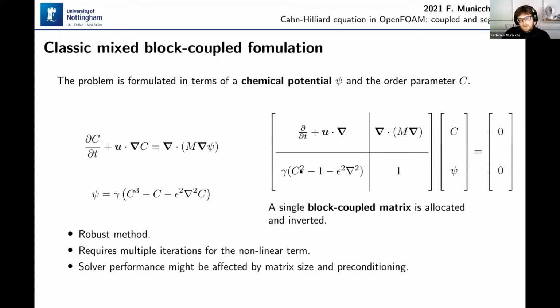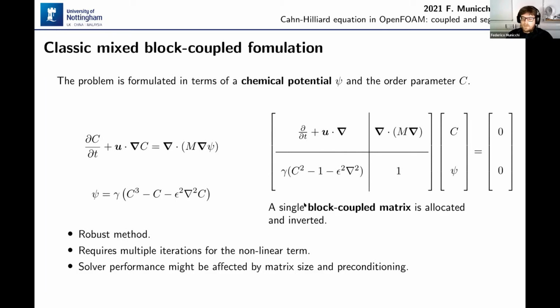Another thing you see in this matrix is the way in which the nonlinear term, so the double-well potential, is discretized. It's not necessarily discretized like this. Actually, the way in which I wrote it here might be unstable. But you want to take a term, for example this -1 here, that will be minus C. You want to put it on the right-hand side and keep it explicit, because